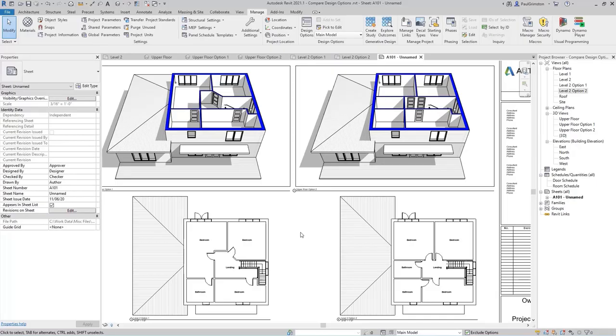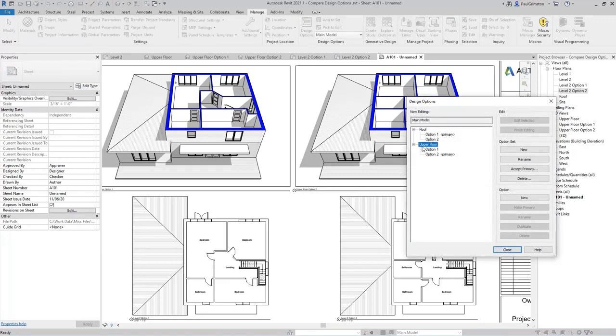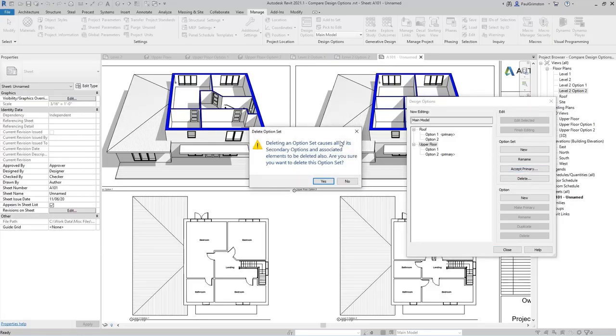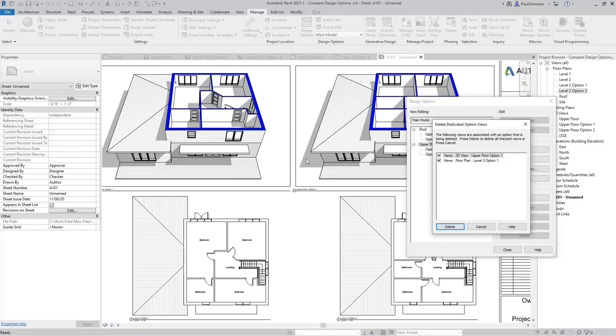And to do this, from the Manage Ribbon tab, we'll go to the Design Options. We have the upper floor option set selected, and we can see option 2 is our primary option. So we'll choose to accept the primary option for the upper floor option set. We have a warning just letting us know that if we continue with this, then the objects for option 1 will be deleted. So we'll choose yes to continue,